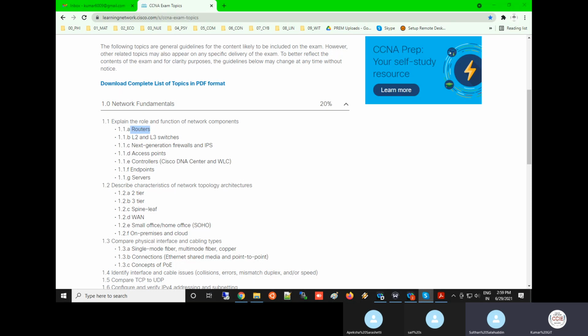I am seeing the chat window also in parallel. The question is, when the router is selecting the best route, what information is it gathering for a destination address?